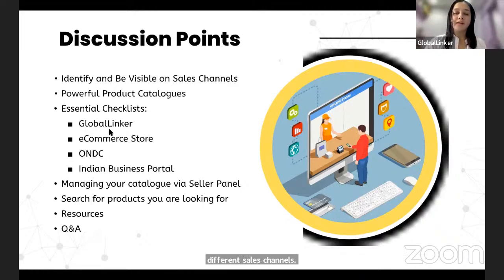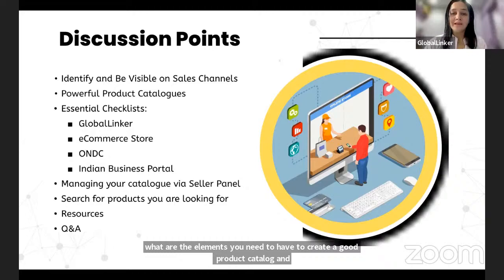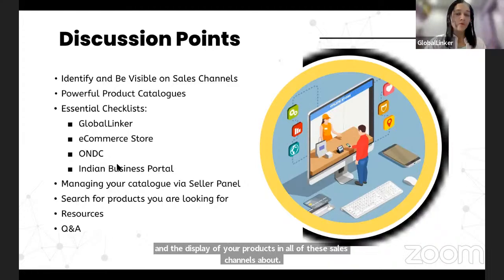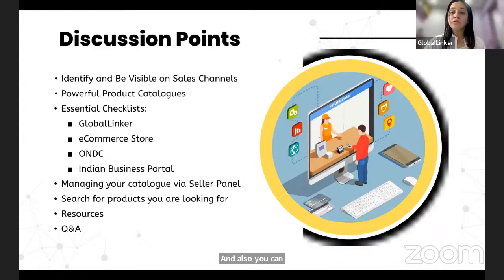We need to create a good product catalog, and how can you build it quickly and fast. Then we'll also talk about how you manage your catalog and the display of your products in all of these sales channels above. And also you can use the Global Linker channel and the platform to look for raw materials